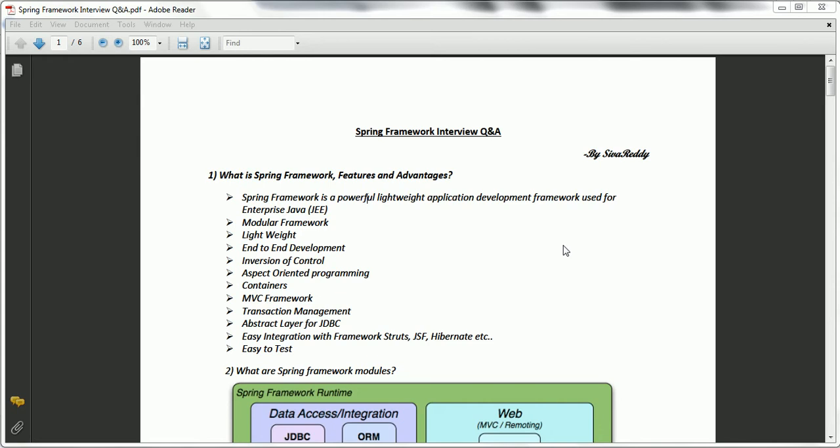So there is no need to explicitly take care of the web application server or application server support. And by using the MVC framework, you can develop MVC based web applications. Spring Framework provides a generic transaction management layer which can be used with or without the J2EE environment. And it has support for the